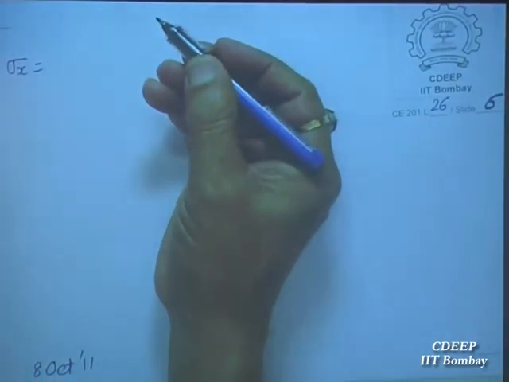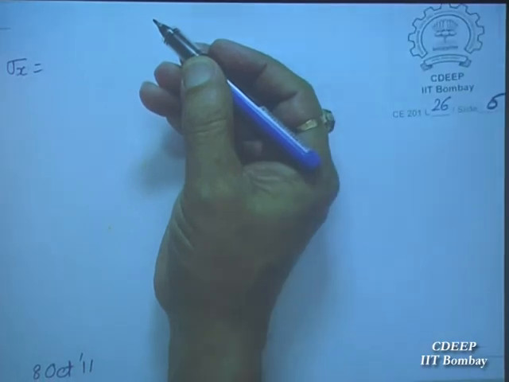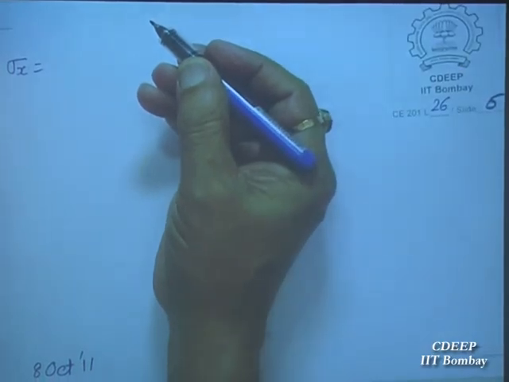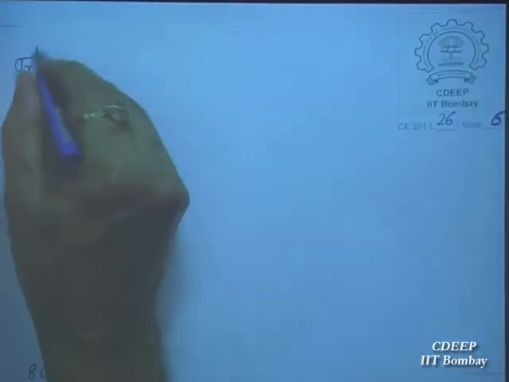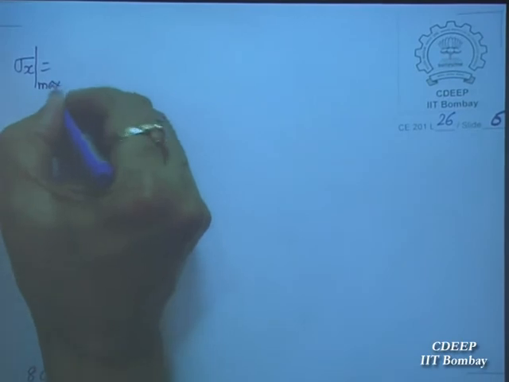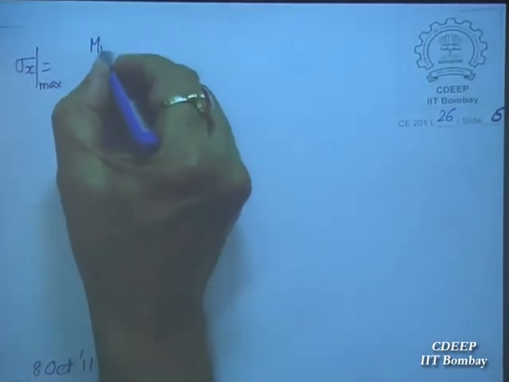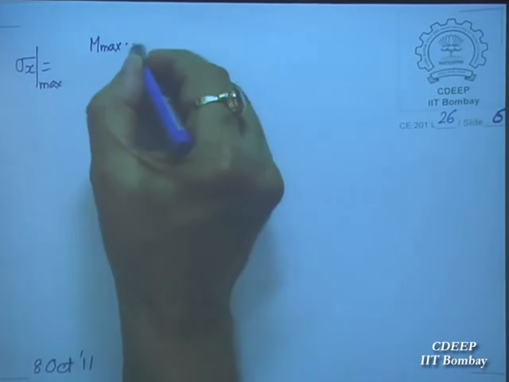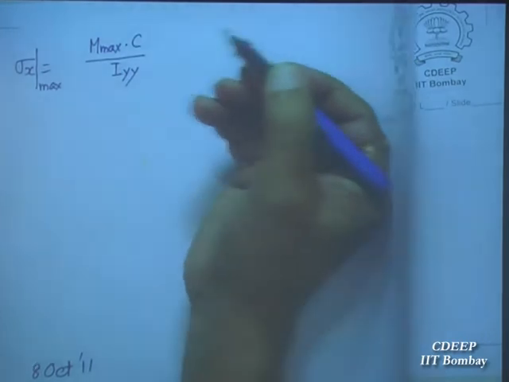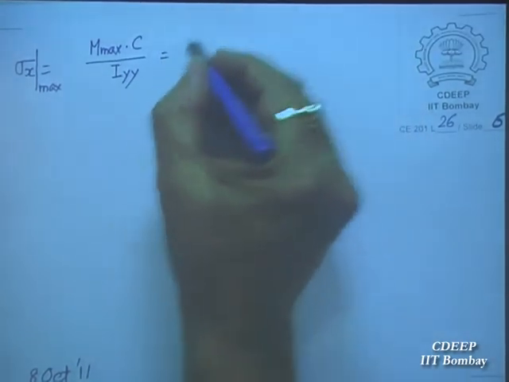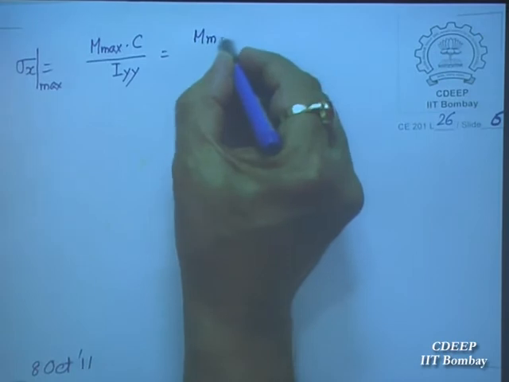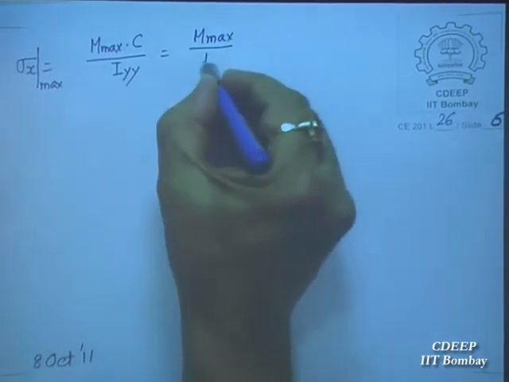Now bending stress, sigma x. Maximum bending moment is how much? Yes, so maximum bending occurs, so sigma x maximum is equal to M maximum into c divided by Iyy. By the way, this M maximum Iyy by c